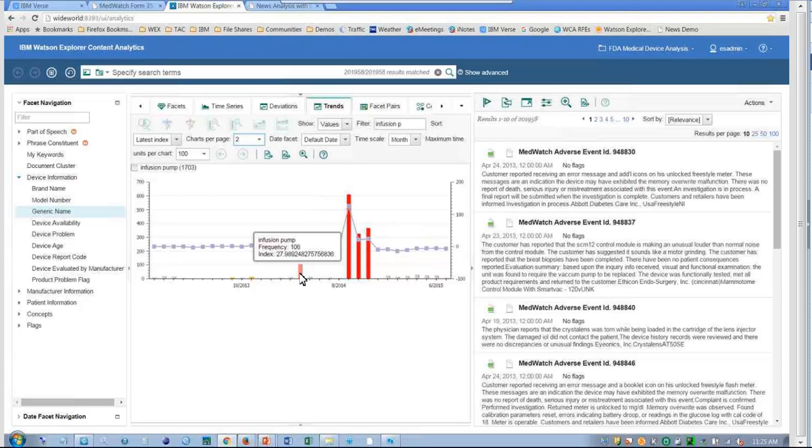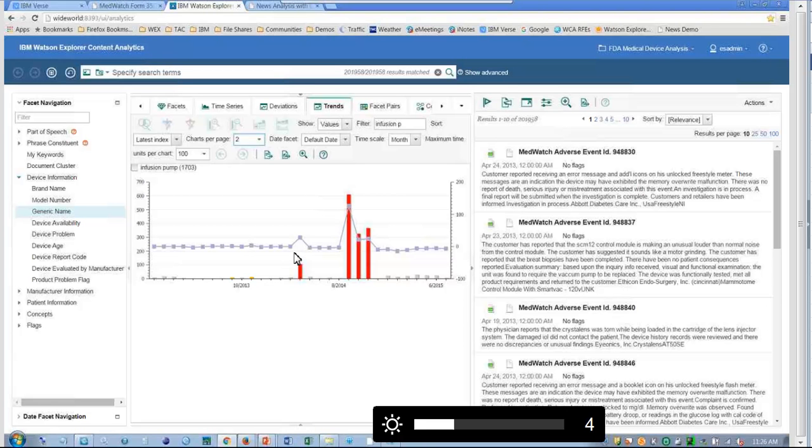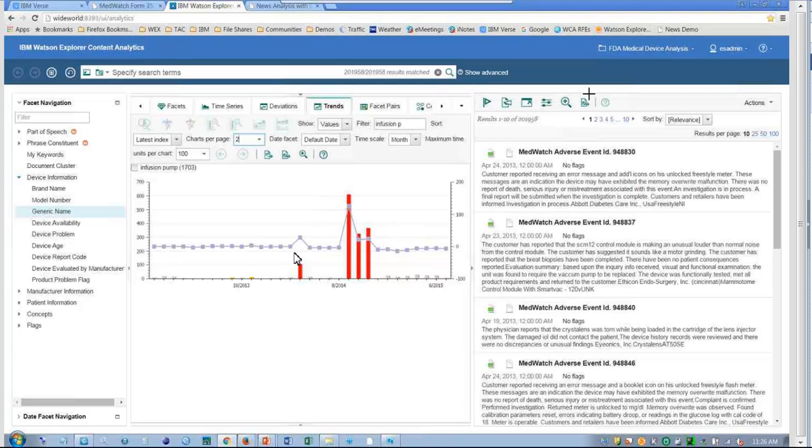So let's pretend for a moment that we're actually back in April and we see this spike occurring. And notice that the system highlighted in red, these were statistically deviant from norm. This is the system's way of telling you you should look at this and determine whether it is actually a problem. So we're going to select this and drill down into this